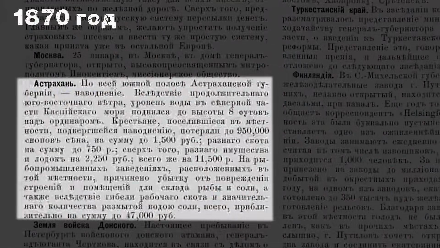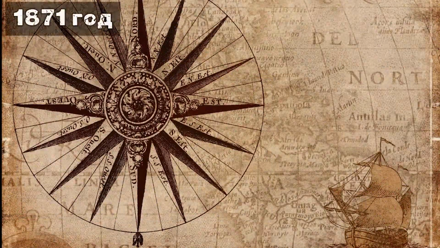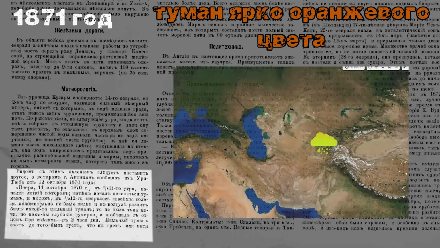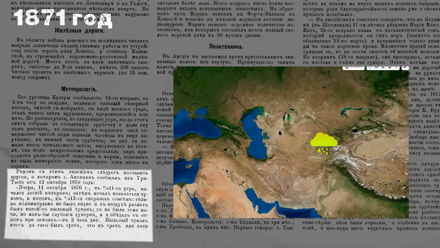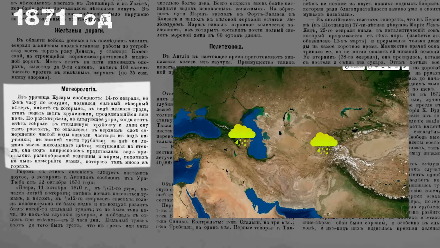Again, an unusually warm winter and flooding in Astrakhan and the South Caspian. The water rose by 3 meters. In the 5th volume, we are informed that on October 12th in Uratub, Tajikistan, such a dense cloud of dust descended on the earth that nothing could be seen within 3 steps. On February 14th in the gully of Kusari, Azerbaijan, small hail fell, in which they found pieces of dust and stone after it melted.